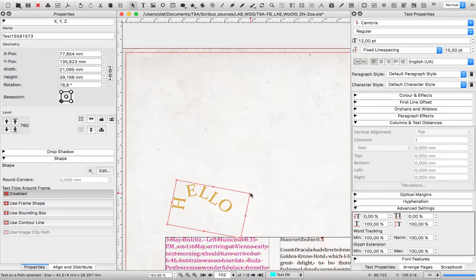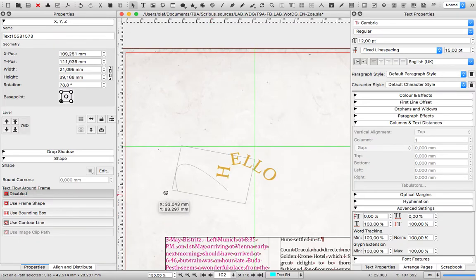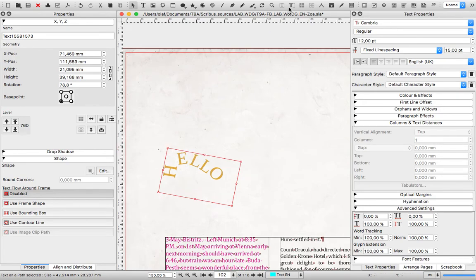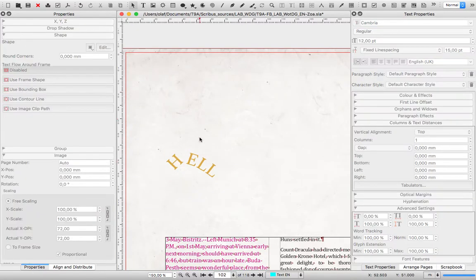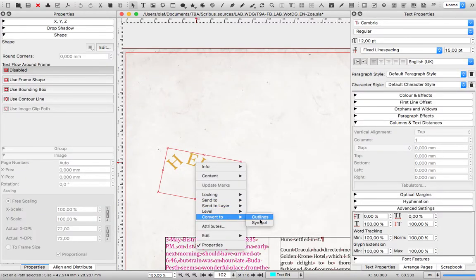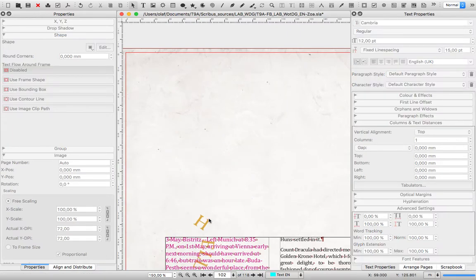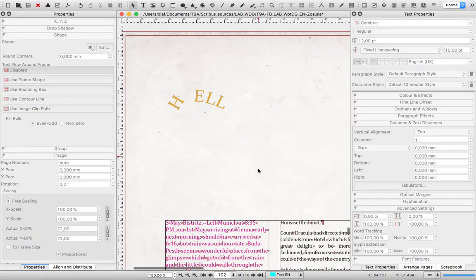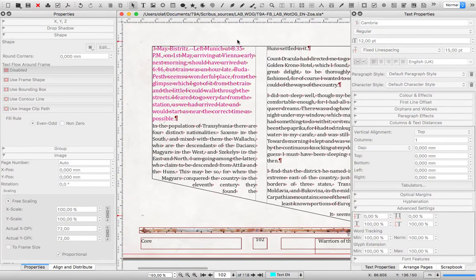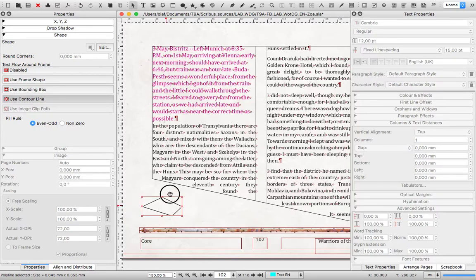If your texts need to flow around an object, you can select an object on a higher level or layer and set it on Use the text around frame shape, bounding box, or contour line within the Properties palette function named Shape. The shape and the contour line can be modified within the Properties palette function named Shape, using the Edit icon. You can create an invisible object to make your text flow around it through the Bezier curve icon. Then draw the object and press Esc. Lastly, you can set the object to use its contour line within the Properties palette function named Shape.